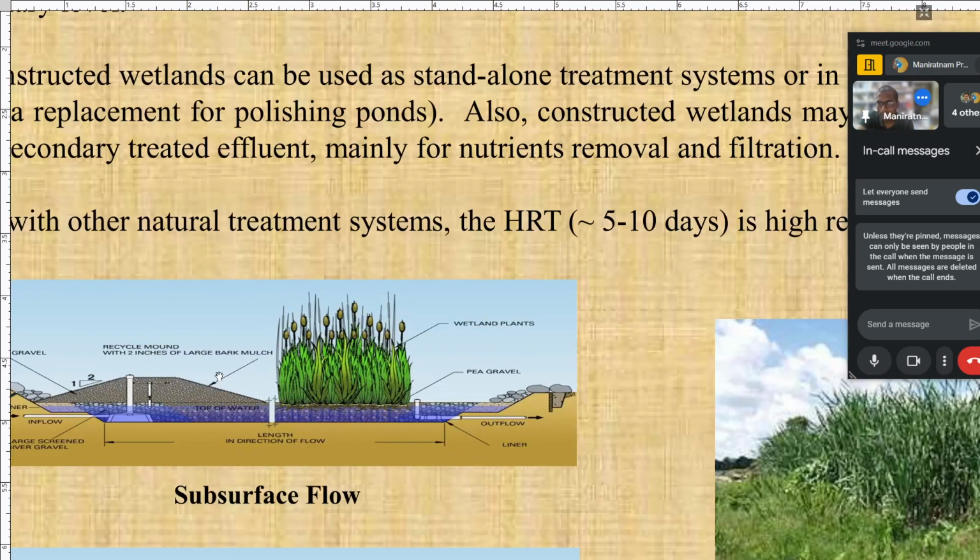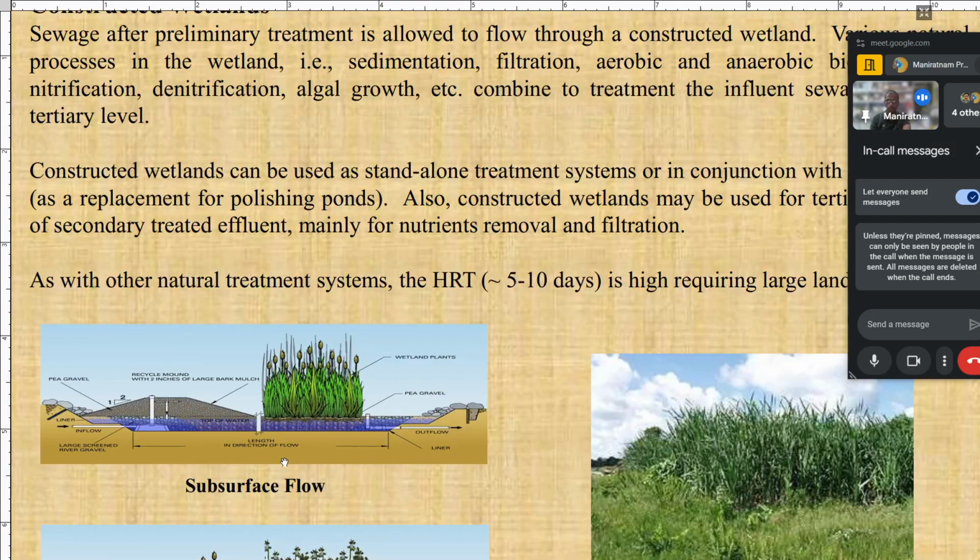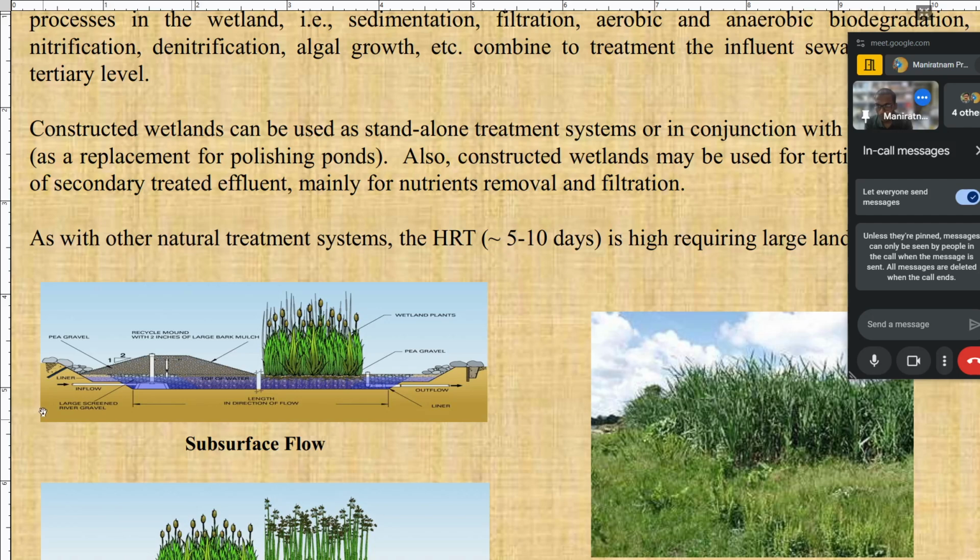Here you can see that this is vegetation. So remember, first, this is all our engineered system. These are man-made, and there is a certain portion where vegetation is allowed to grow, which is known as wetland plants. Okay, now the water will be coming from this side,